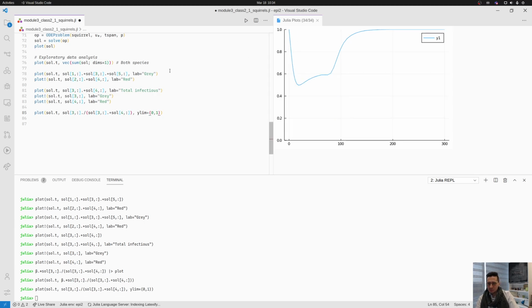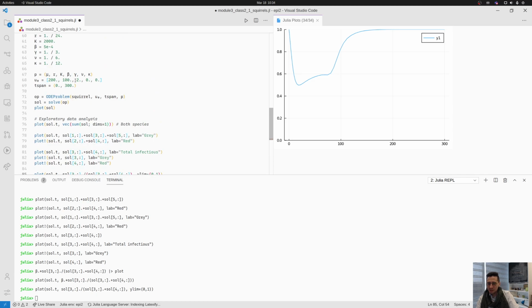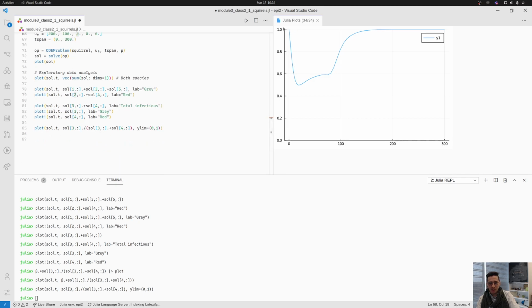So at the beginning, we have set the initial cases to come from the gray species. So they are 100% of all cases, and then as that progresses, they get closer to about half, and then that's increasing again. So what is happening here is that there is a point where red individuals start decreasing in abundance because of the mortality that's due to the disease. I think that's an interesting